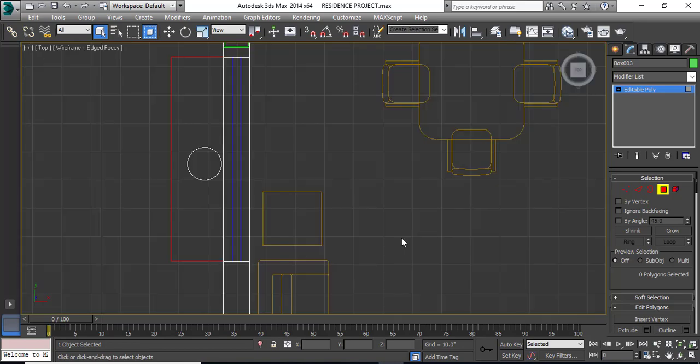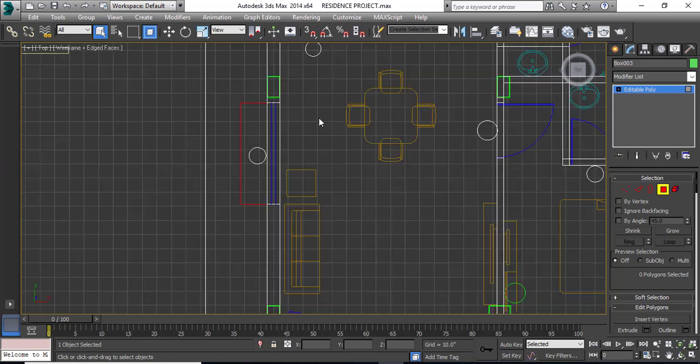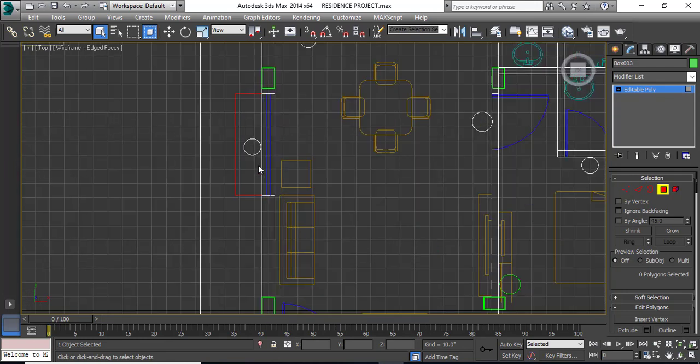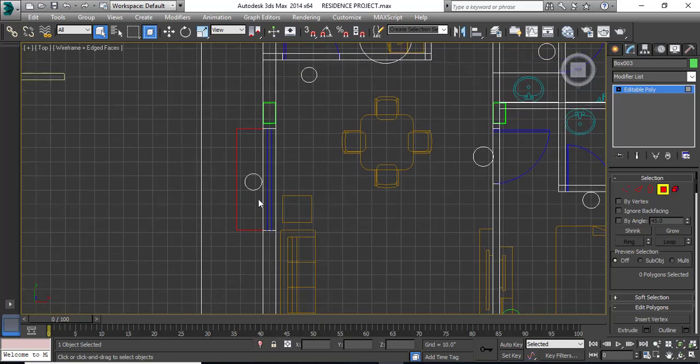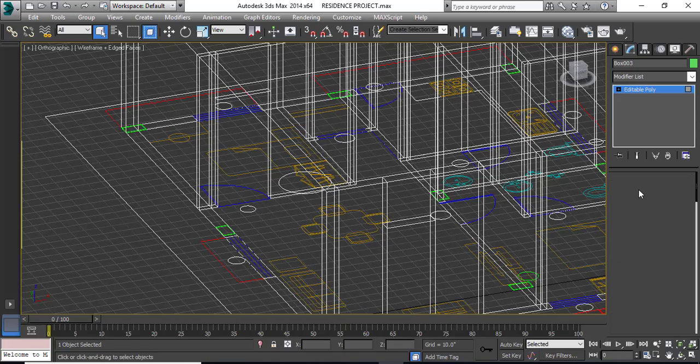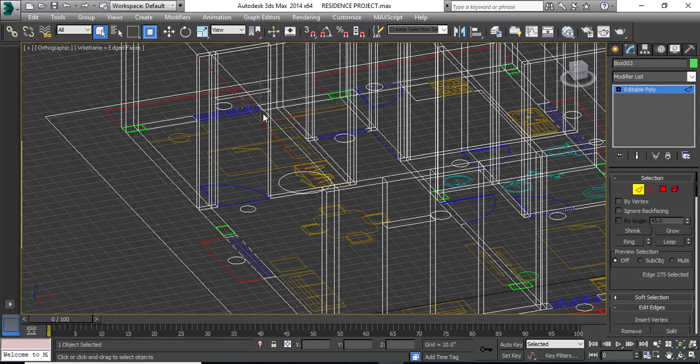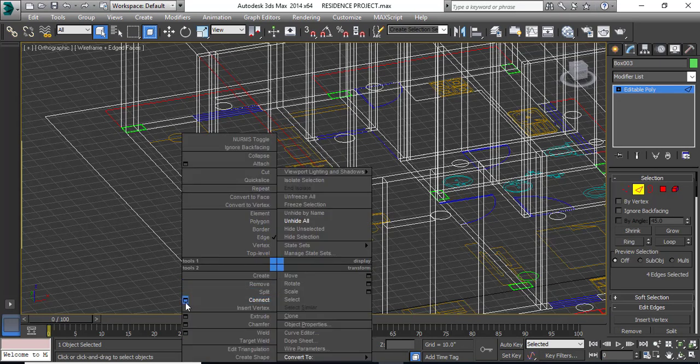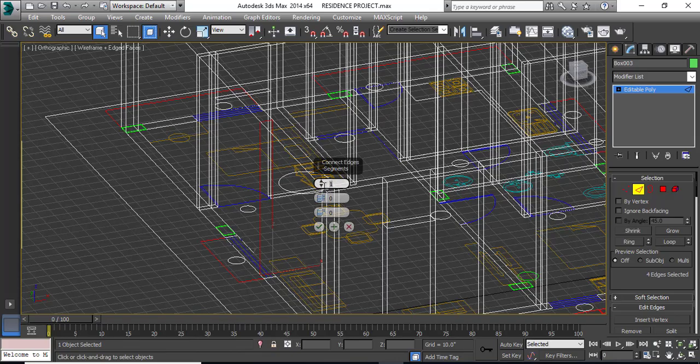Now go to the top view and we will see how to create openings for window. So I'm going to show you for this window. For rest of the window you can practice and mention in the comment if there is any problem. Now similar way I have to create first vertical edges, so I'll go to edges and select the horizontal edges of the wall, right click on it, connect, and as I need 2, I'll give 2 and click on OK.